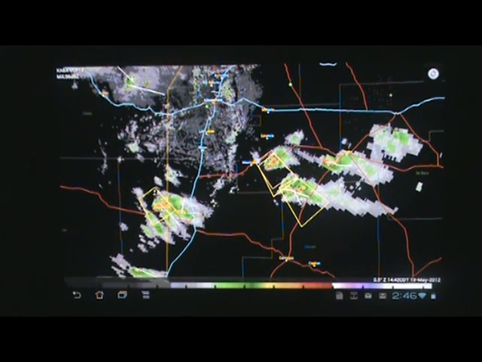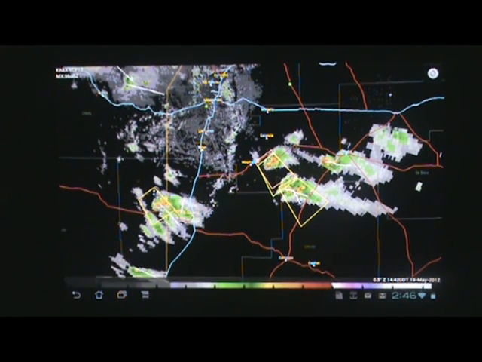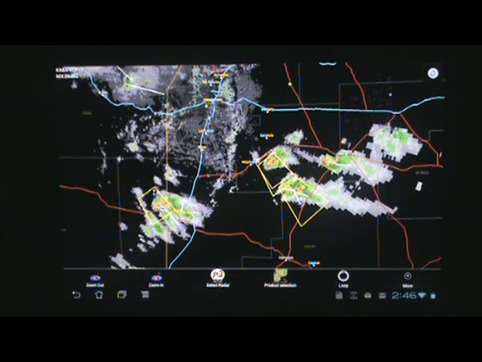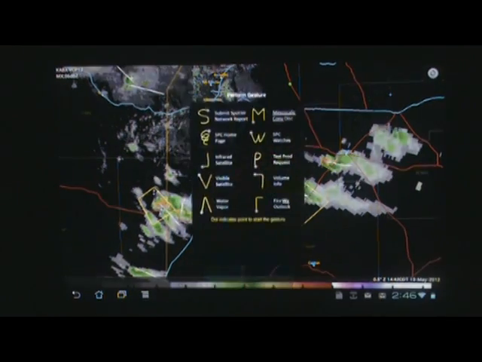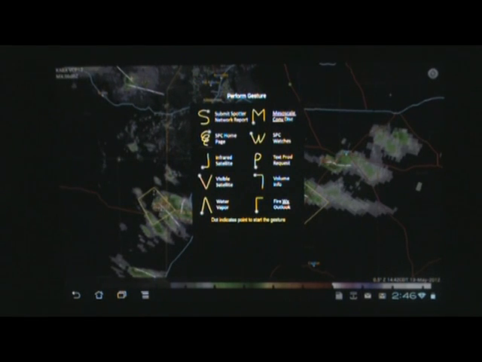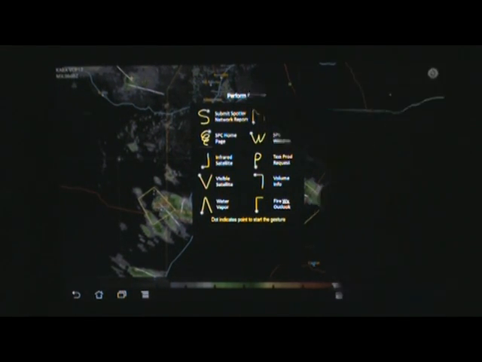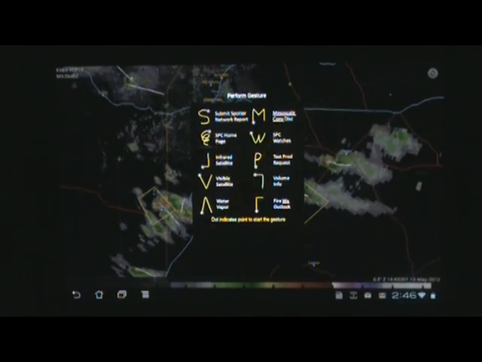So let's say that you are looking at the radar and you want to get a different perspective on things and wanted to see the satellite imagery. So viewing satellite imagery in PYKL 3 is quite easy. Simply hit the menu button, touch more, go to the gesture pad, and you'll see a variety of options. And we'll just trace out the V for visible satellite, and this will bring up a